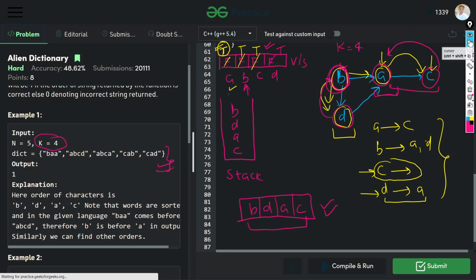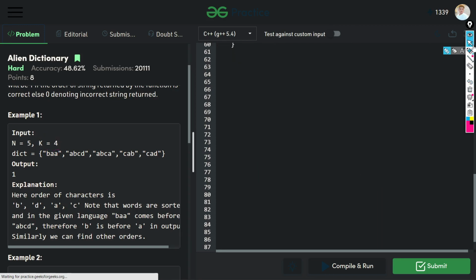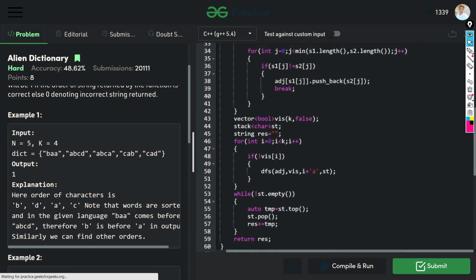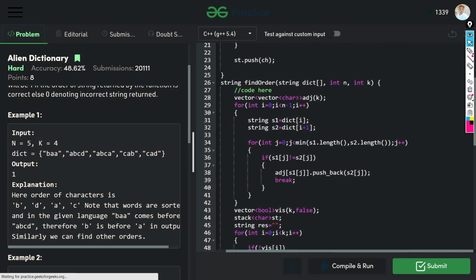Let's jump to the code. Okay, in this problem, first we take a 2D adjacency list to make the adjacency list.